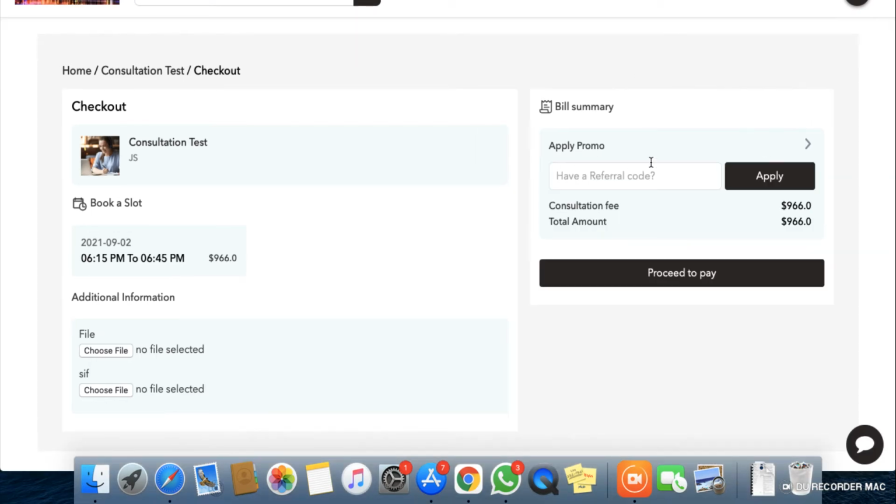Now as you can see, I have two options here: to apply a promo code or to add a referral code. Please note that only one of the two can be added and availed for a discount. If you try to apply a promo code, you will not have the option to add a referral code, and if you are taking a discount through a referral code, you will not be able to apply a promo code from here.